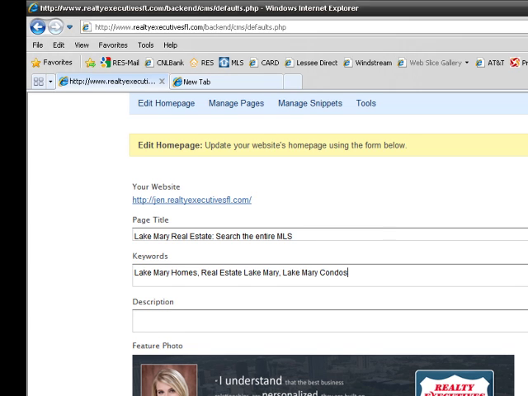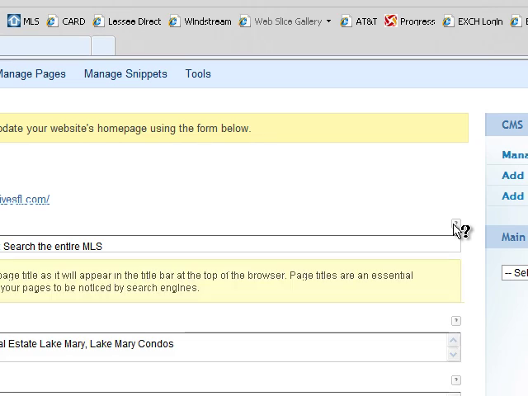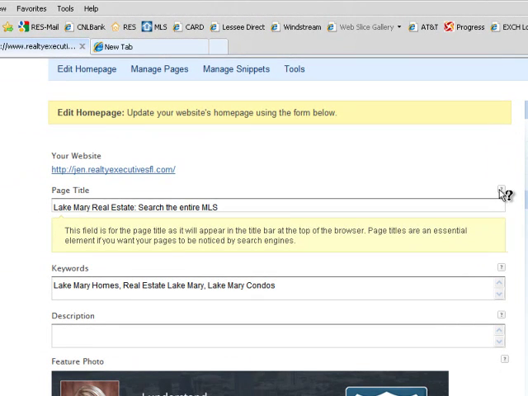Along the way, if you click these little question marks, they can help give you some guidance and understanding of what each thing is, but I'm going to go into a little more detail just to explain. It gives you the basics here: it's an essential element if you want your page to be noticed by search engines. That's kind of what I've hit on here, but we'll go a step further. So if I go in here and perform a Google search on Lake Mary real estate,